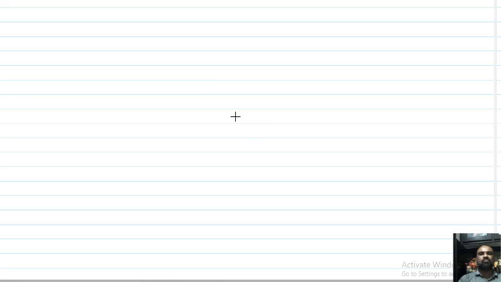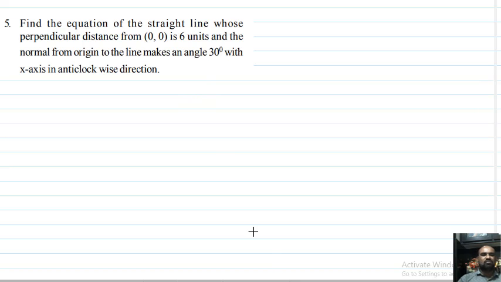Hello students, this is the 10th part of straight lines. Today I am going to explain some problems based on all different forms of straight lines. So today's first problem: find the equation of a straight line whose perpendicular distance from (0, 0) is 6 units